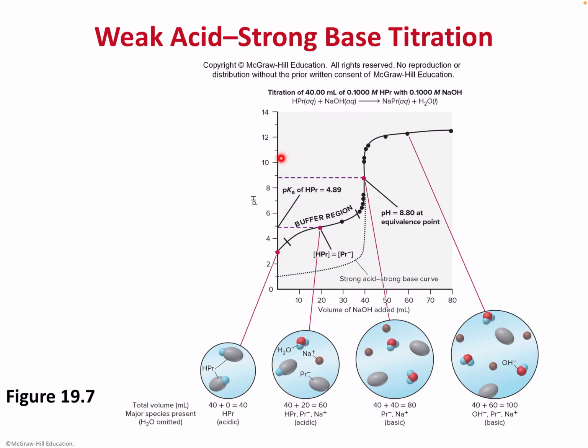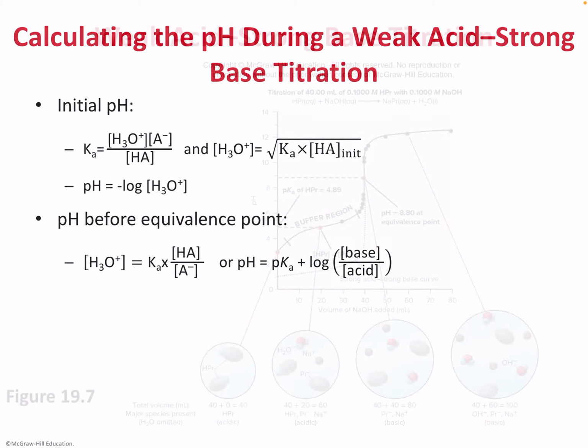So this titration is 40 milliliters of 0.1 molar propionic acid, HPr stands for propionic acid, with 0.1 molar sodium hydroxide. The mole ratio is 1 to 1. So we started with 40 milliliters. So if we draw a little diagram,